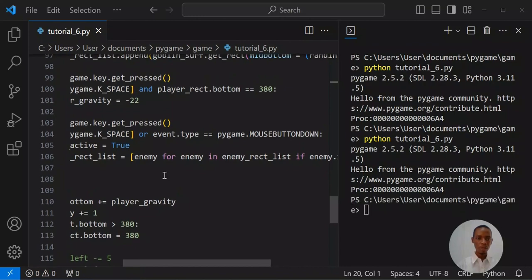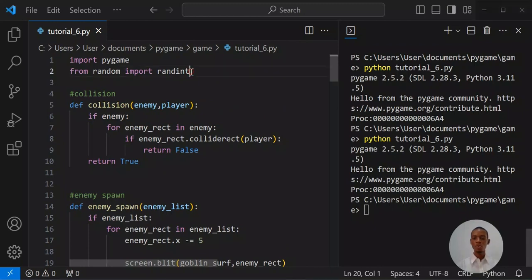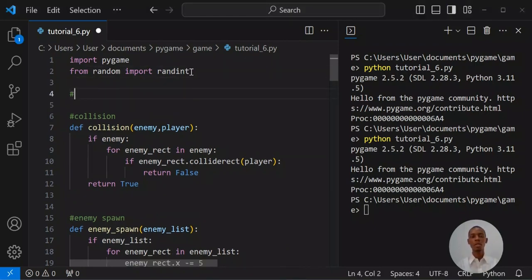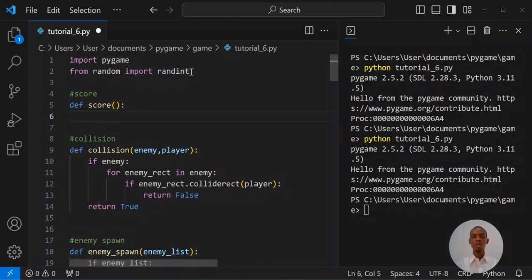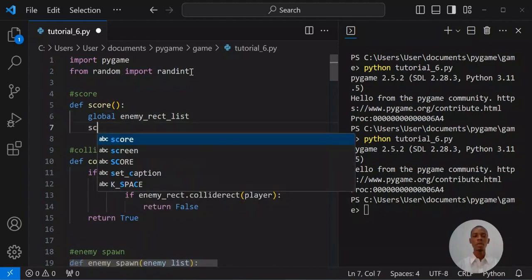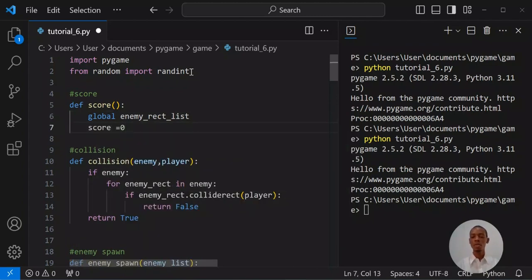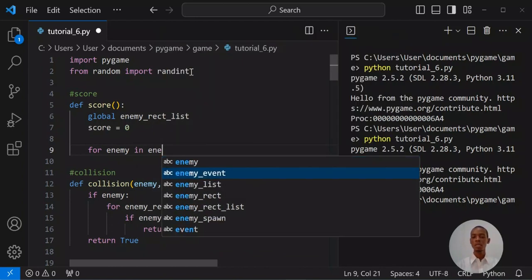And to do that, I have to define a function for the score at the top of my code. So I'm going to go here and say something like score, which is equal to the score, and I'm going to use the enemy rec list here. So I'm going to make a global enemy rec list, and then I'm going to set a variable for our score. I'm going to set it to 0 by default. Then I'm going to say for enemy in enemy rec list,